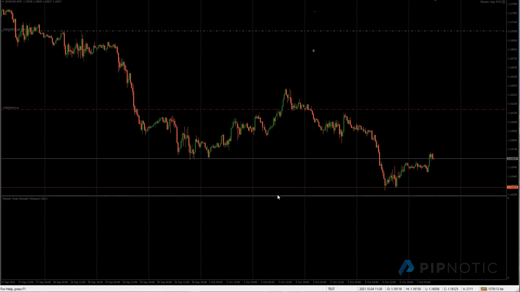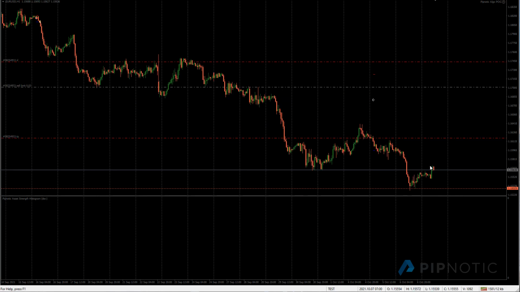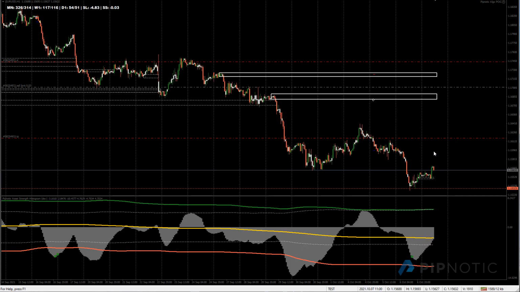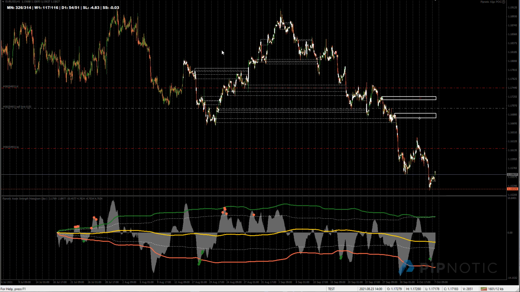Okay, and so the mean is simply a mean of the histogram. So when you see the mean line in positive territory, as I mentioned earlier, this means that we probably have a positive average of the histogram, and you can see here it's starting to turn negative, which means that we are looking to continue to move lower. But also notice, because the market works in cycles, when these swap,